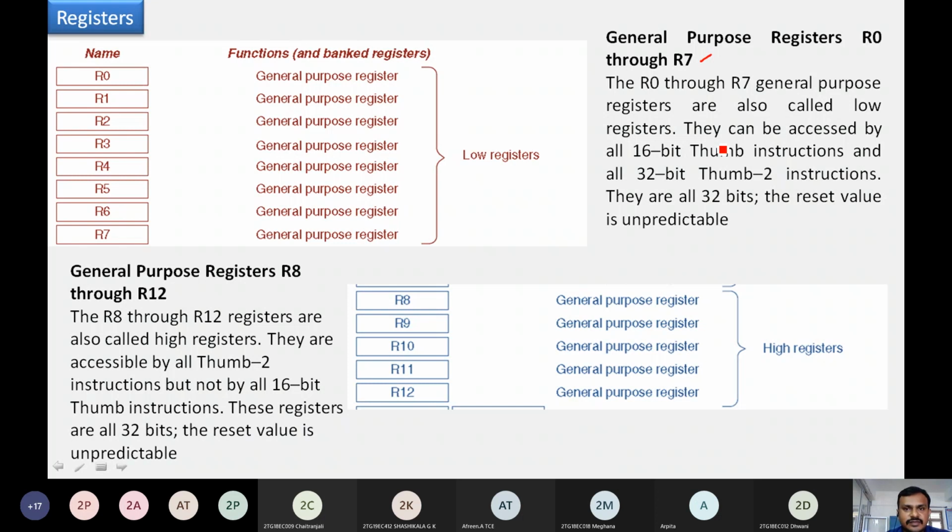Thumb instructions are a set of instructions which the ARM industry labels, and they may be of 16-bit or 32-bit size. The ARM Cortex-M3 supports Thumb-2 instructions, that is, both 16-bit and 32-bit. The high registers are mainly supported by 32-bit instructions, not all 16-bit instructions.